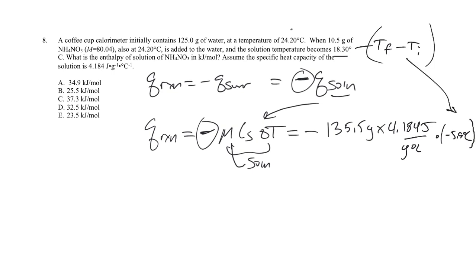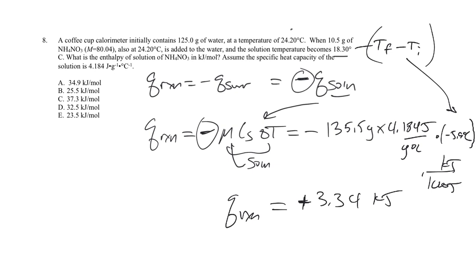So minus 5.9 degrees C. So the Q reaction is minus 135.5 times 4.184 times negative 5.9. And then I'll even convert over to kilojoules, so I'll divide by 1,000 joules per kilojoule. That leads Q reaction to be positive 3.34